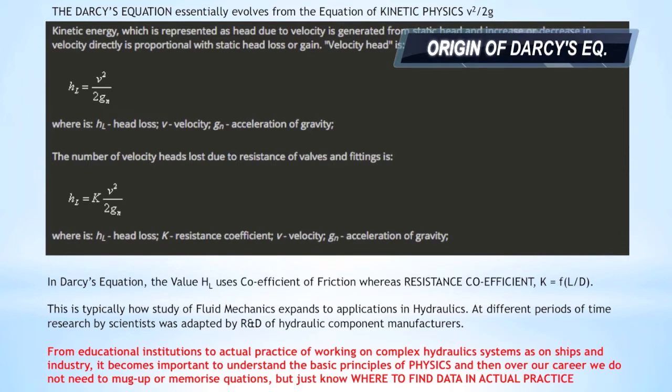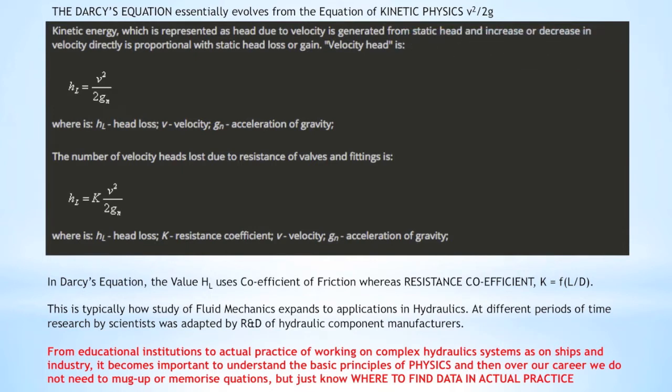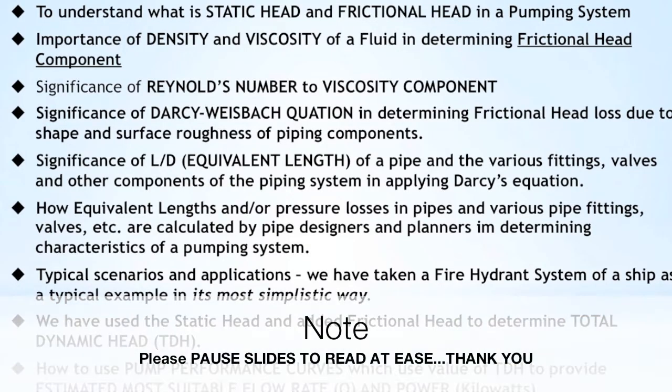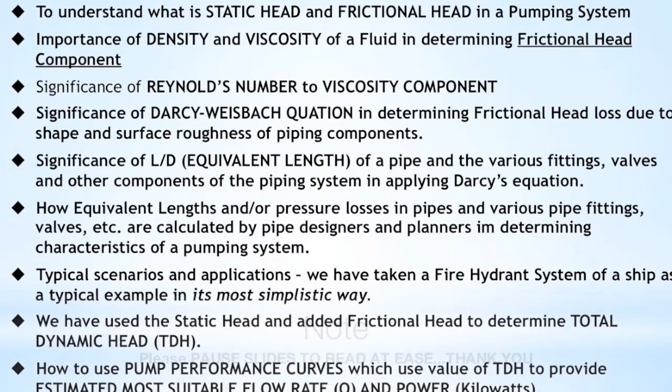We'll also talk about one of the very important terminologies used in practical hydraulics on the design tables, and that is the L by D that you see in Darcy's equation. It is called the equivalent length. Basically, it represents how much of a pressure drop there will be in a pipe of, say, 1 meter length. And then we say that the pressure drop in typical fittings of the same diameter is going to be a function of the straight length of a single pipe.